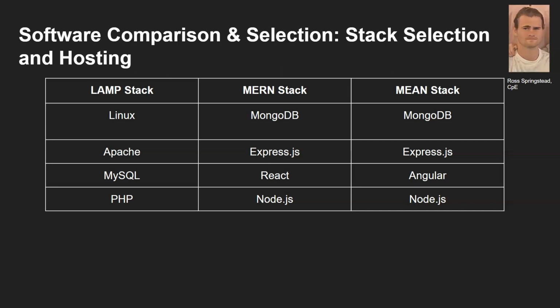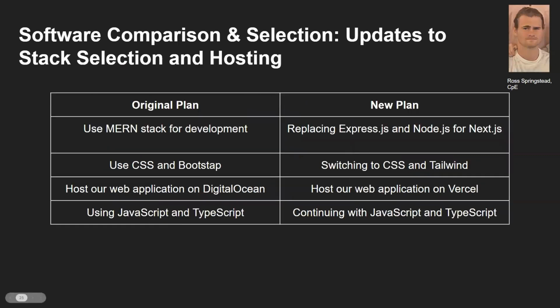Next, we looked at using a DigitalOcean droplet or an Amazon EC2 instance, where both are virtual machines that are hosted in the cloud, which would allow for our stack to run. With both having the same capabilities, we decided again to go on familiarity, where our group had prior experience using DigitalOcean. Ultimately, we ended up making changes already, and we decided to switch from Express.js and Node.js to Next.js, which